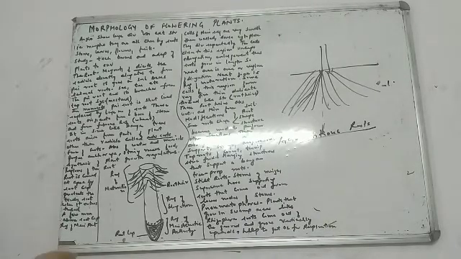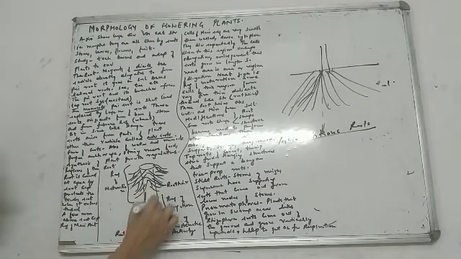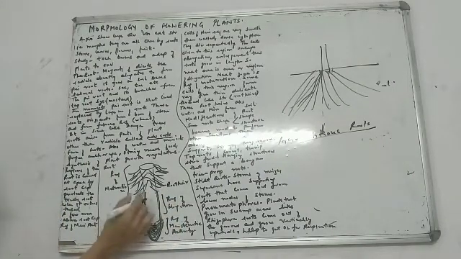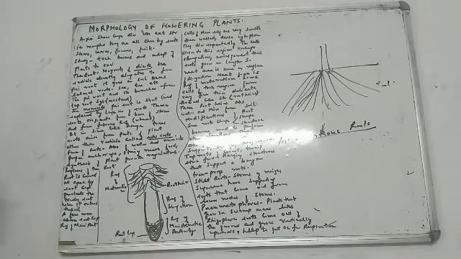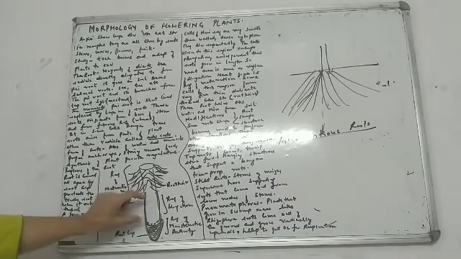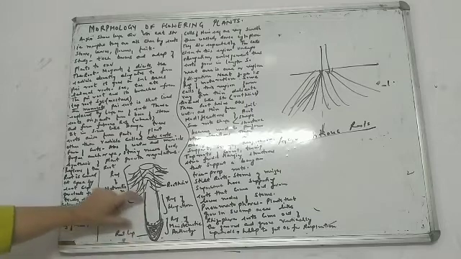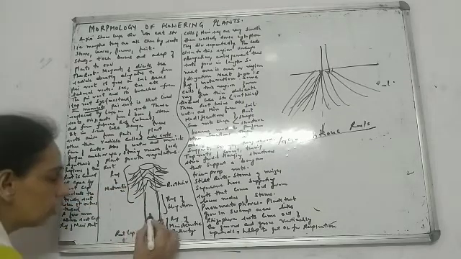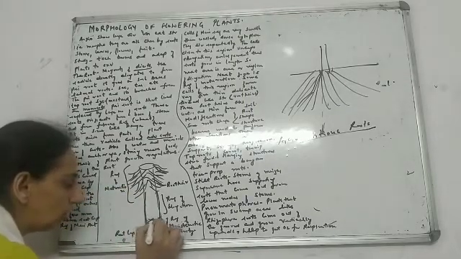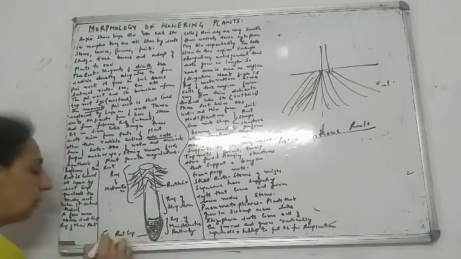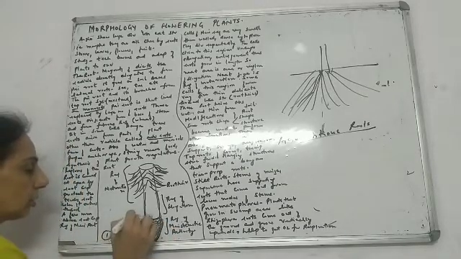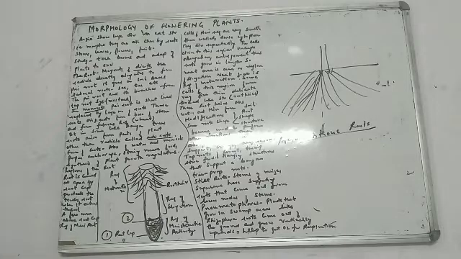Now, a few millimeters above the root cap, if you can see this area over here, just above this root cap, I am talking about this portion, beta. Okay, the region of meristematic activity. Let me show you first this one. Can you see these dots over here? So number one is the root cap. Number two, this is the region of meristematic activity.